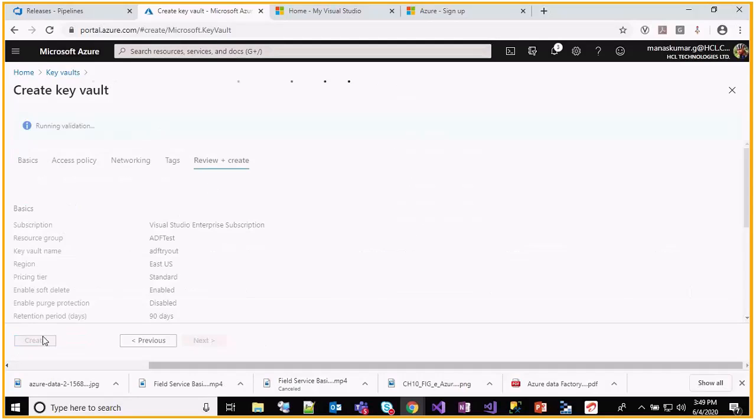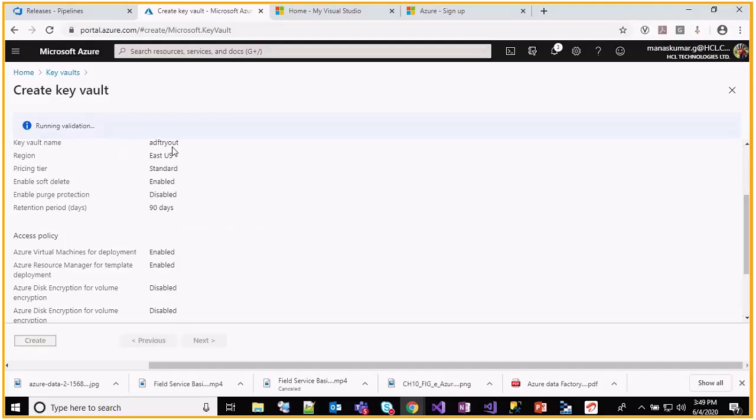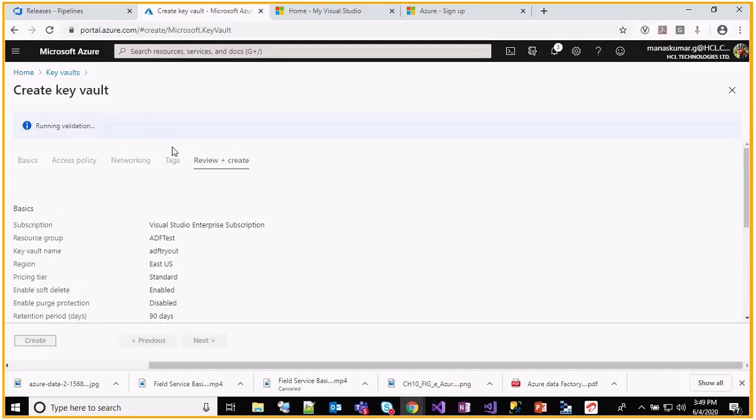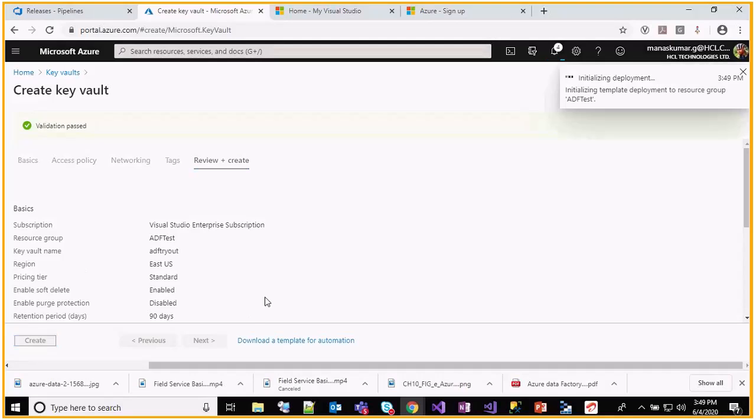So once this is set, just review it and create it. Validation is passed, and then I can create it. I'm just creating a new key vault here.